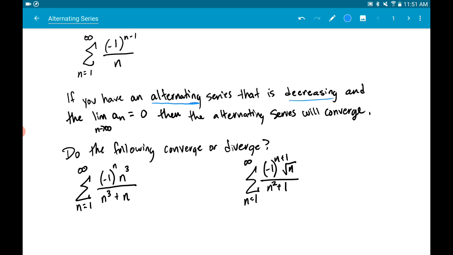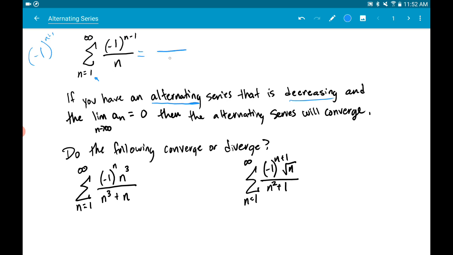One main key feature of an alternating series is you'll see this -1 to the nth power, or the n-1 power, or the n+1 power. You'll see it show up in there. If you think about powers of -1, it will cause the sign, meaning plus and minus, to alternate. So if we find the first few terms, meaning substitute 1 in, substitute 2 in, substitute 3 in,